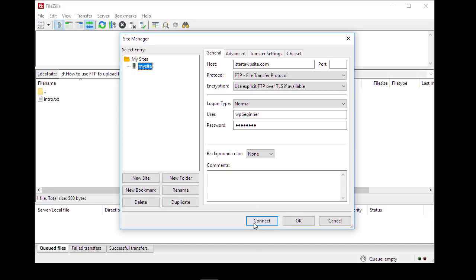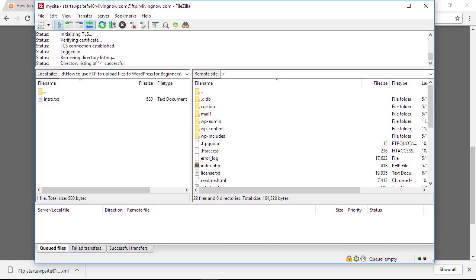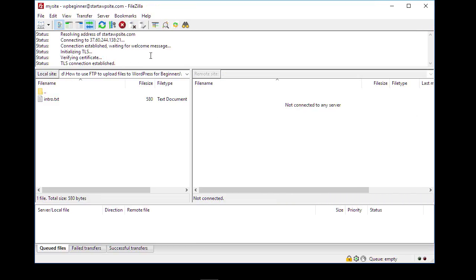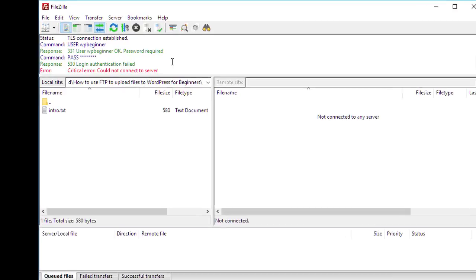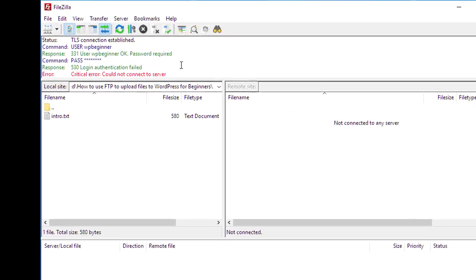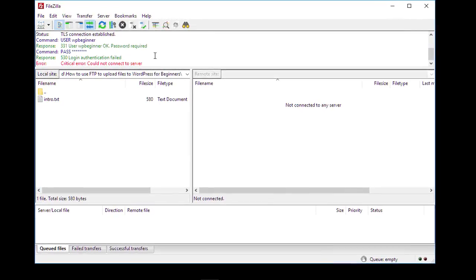Now I'm going to click Connect. Once it connects, you'll see a successful dialog up here. You'll also see all of your folders coming over here. If you're getting an FTP connection issue, say impossible to establish a connection to the server, then take a look at your credentials. There's something wrong with your credentials, and ask your hosting provider if you have the correct information.